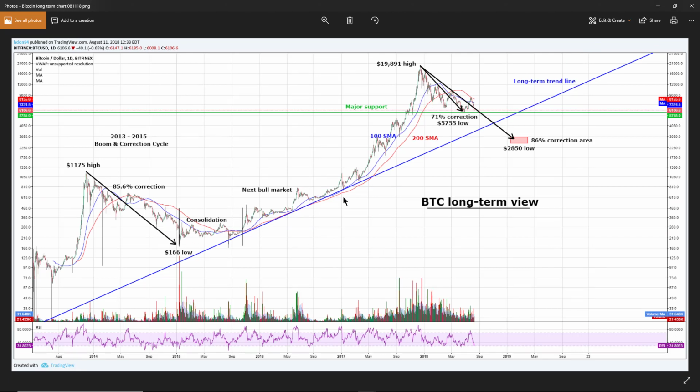This is another long-term view. These are daily candles, and on the left side of the chart here is the 2013 to 2015 boom and correction cycle, and you can see it peaked at about $1,175, came down to a low of $166, which is over an 85% correction, and then bounced, and then you got this period of consolidation where you got another low here, right near, I think it was like 162, came back up and finally broke out higher above about the $300 level,